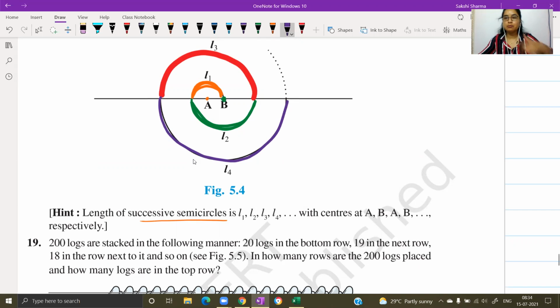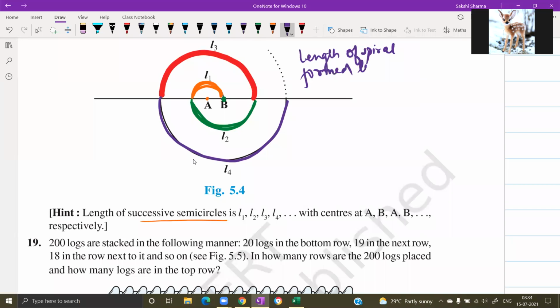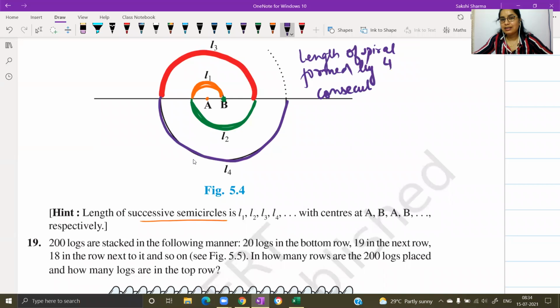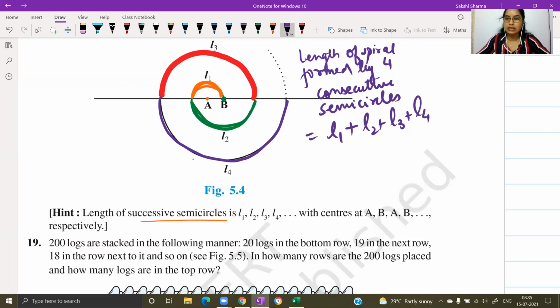You have to find out, if we start drawing this way, draw 13 semicircles. Here, if 4 are drawn and you want to find its length, so the sum of, or rather the length of the spiral, just by looking at the figure, I'm giving you the example. Length of the spiral formed by 4 consecutive semicircles. If you have to find the total length, L1 will come, starting with the innermost, the smallest semicircle, its length, plus the green one, its length, then the red semicircle, its length, and finally the one I marked in blue, its length. If you can find out these, you can find out the answer.